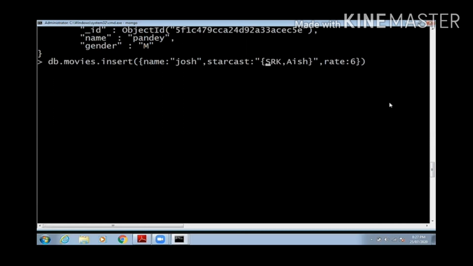Okay, so I can insert a multi-value inside MongoDB by using a list. This is not possible in SQL. In SQL you have to put atomic values, that is one value per cell, but it is possible in MongoDB. You can create a list, you can create a table inside a table.